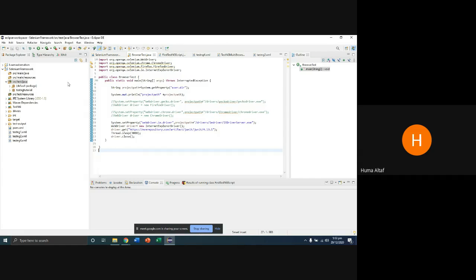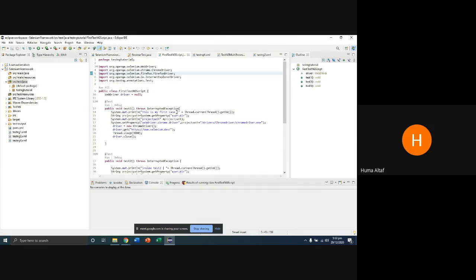Firstly, this is the main Selenium framework project folder that contains three different classes. One is the browser test that contains different statements that run for Firefox, Chrome driver, and the last one is the Internet Explorer. Then the other class is first TestNG script that contains the code about running different